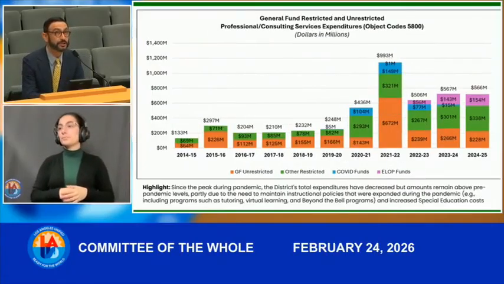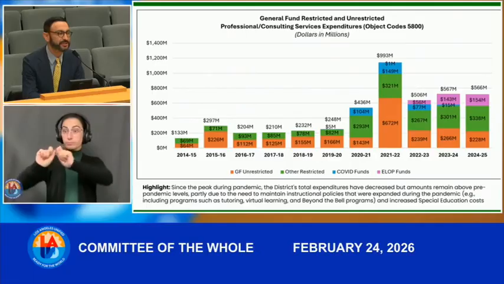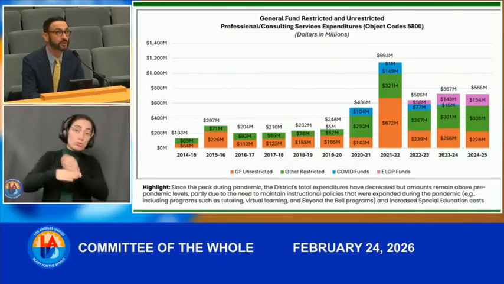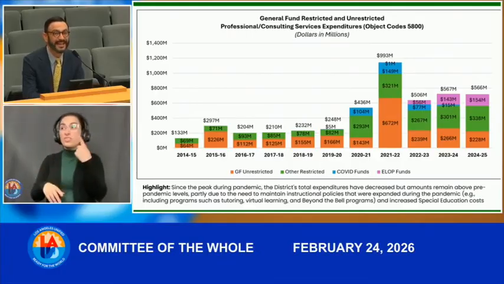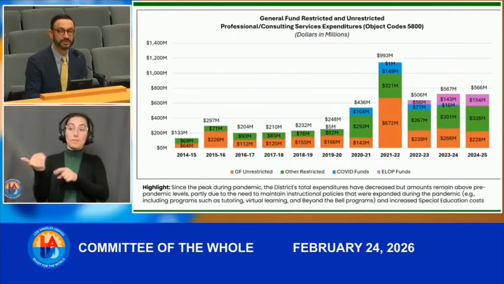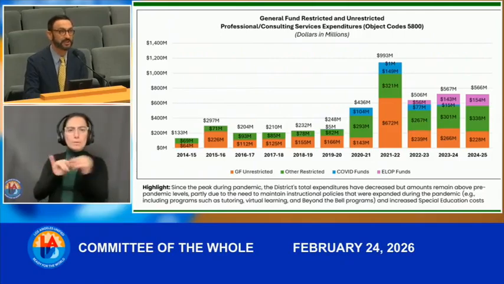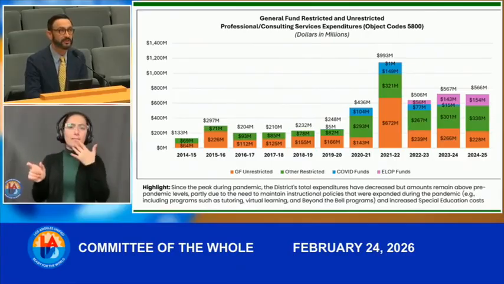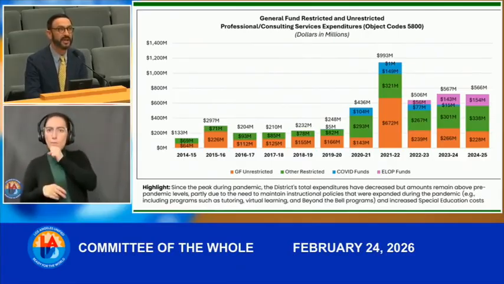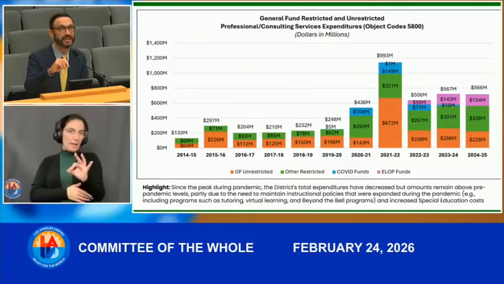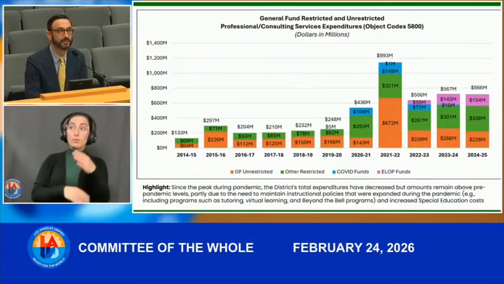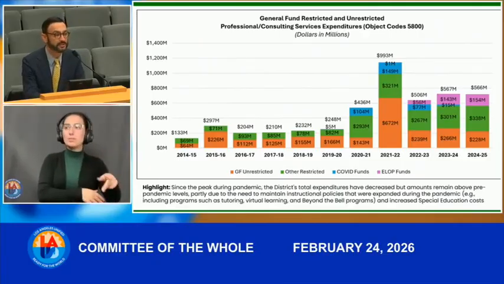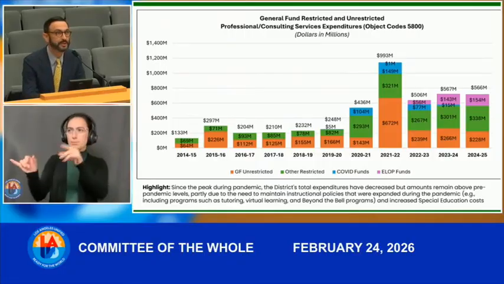Next, we're going to zoom into what are traditionally considered contracts. These are professional and consulting services. This also goes from 14-15 through today. And you're going to see a very similar trend as you saw in books and supplies. So the colors here for the stacked bar graph are the same as on the previous slide. Orange, general fund unrestricted. Everything else is restricted, but you'll see that, again, the COVID funds and the ELOP funds are called out. And you'll see a very similar trend as we did, not just in overall non-labor, not just